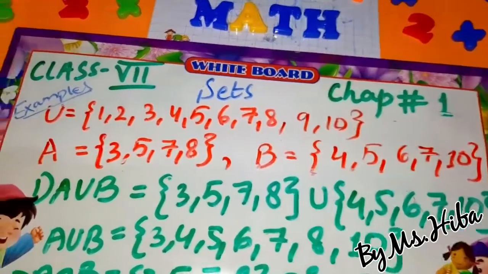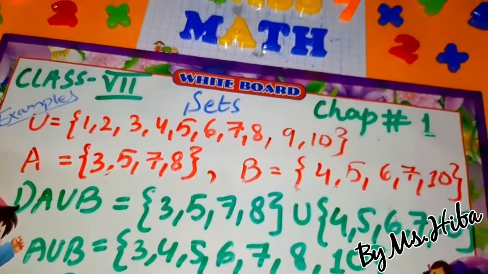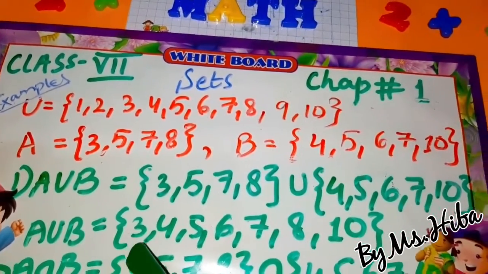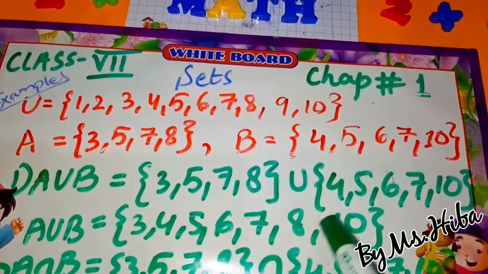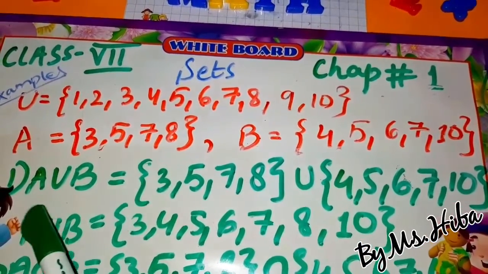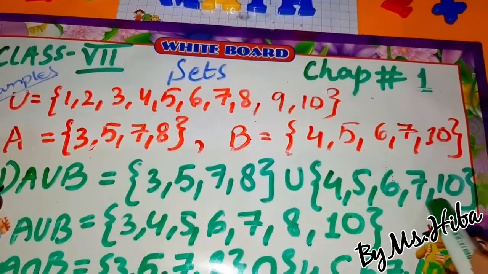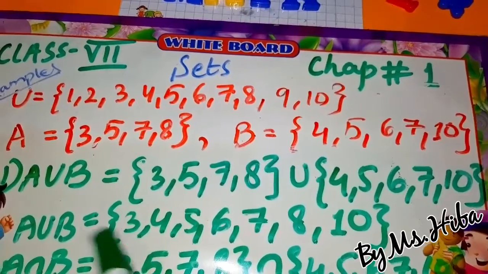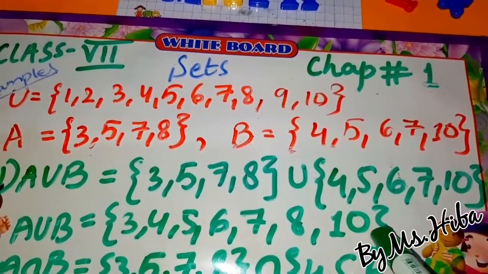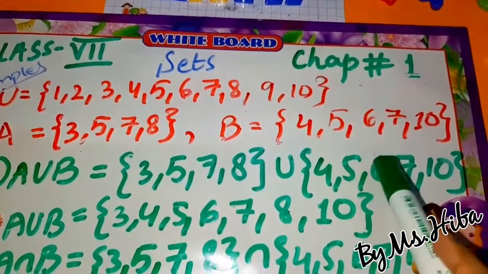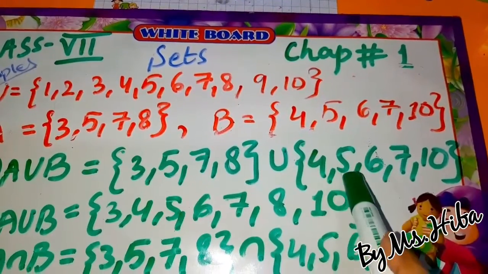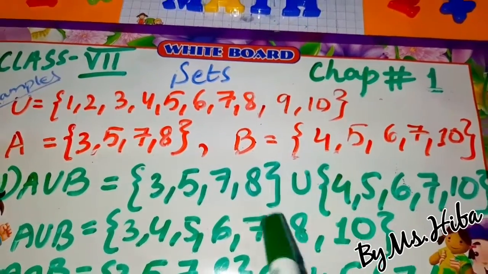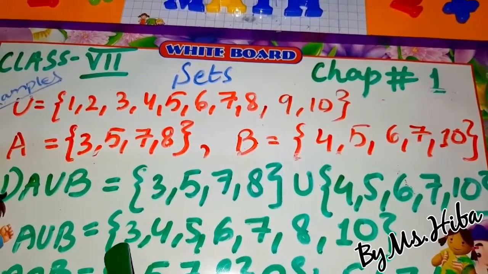Time is over now. I hope you all have done. Now let's check the answer for number 1, A union B. The answer for A union B is 3, 4, 5, 6, 7, 8 and 10, because when we write A union B, all the elements contained in A and B are in A union B. A union B सेट में वो सारे एलिमेंट्स आ गए हैं जो सेट ए में भी हैं और बी में भी हैं, और जो नंबर्स रिपीट हो रहे थे उसको हमने एक ही दफ़ा लिखा है. We don't repeat numbers in A union B.